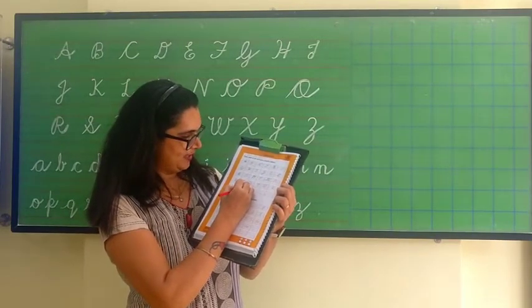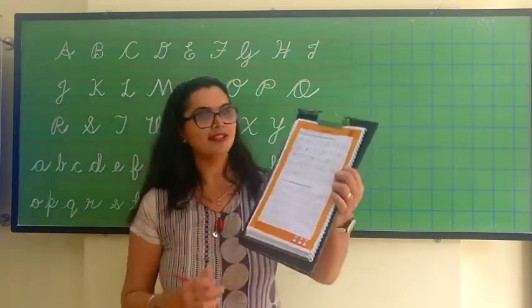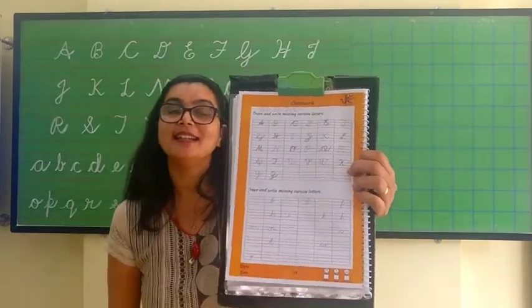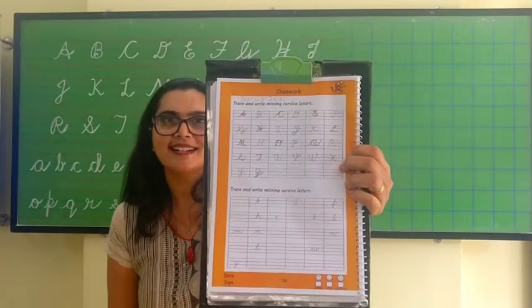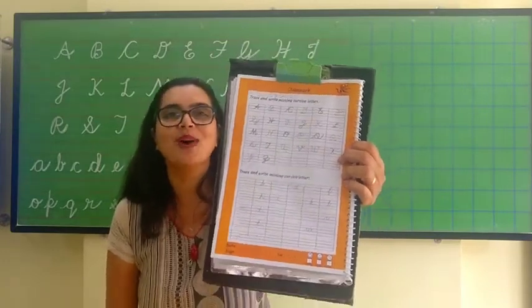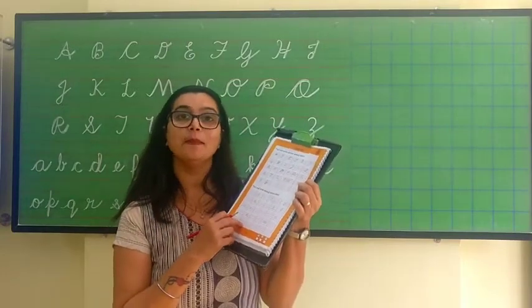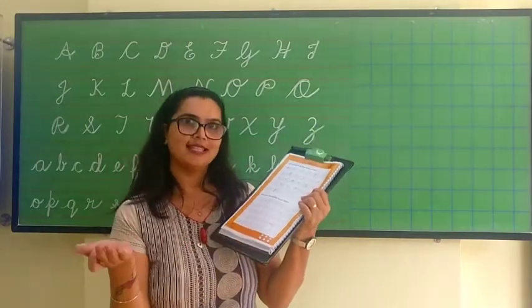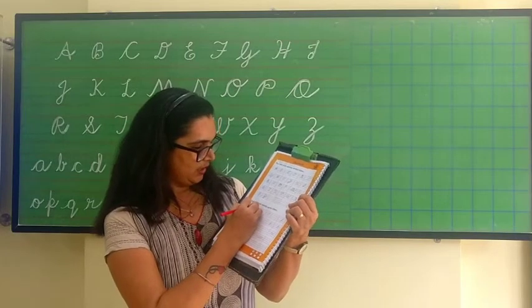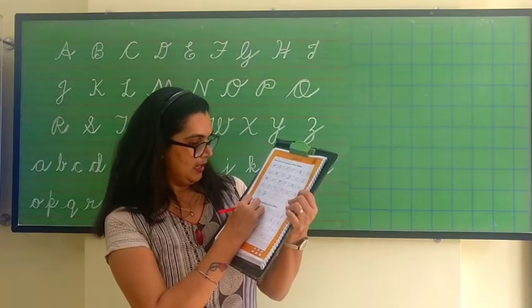So I have traced and written the missing letters A to Z. These are the capital letters. And now let's write the small letters. The same thing we are going to do over here. We are going to trace and write the missing letters. So let's get started. So with the curve we start writing A,